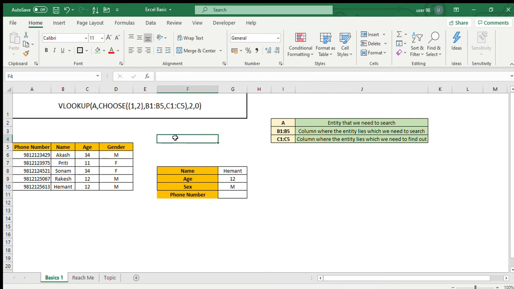Here you can see the syntax which I'm going to use. Here I'm just using the VLOOKUP function with an additional function called CHOOSE. So here the syntax looks like VLOOKUP